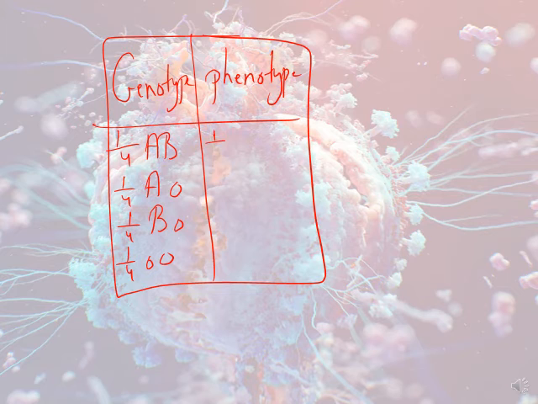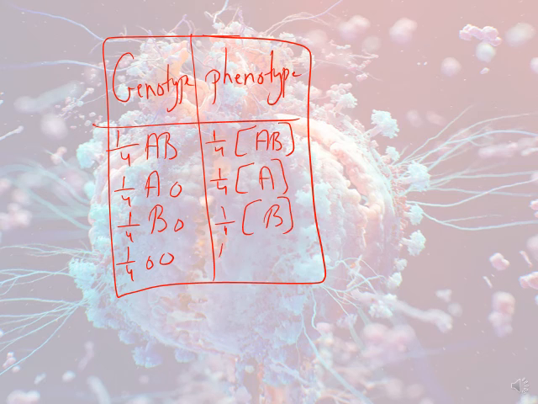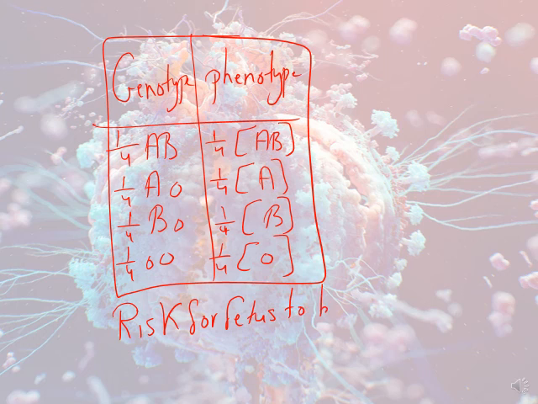So here they have 1 over 4 risk to have blood group AB, 1 over 4 to have blood group A. Why is it blood group A? Because A is dominant over the O. 1 over 4 blood group B, and 1 over 4 blood group O. So the risk for the fetus to have blood group AB is 1 over